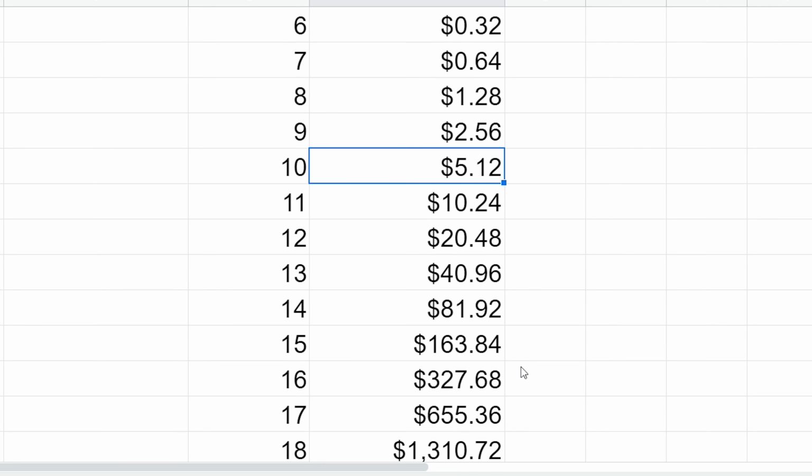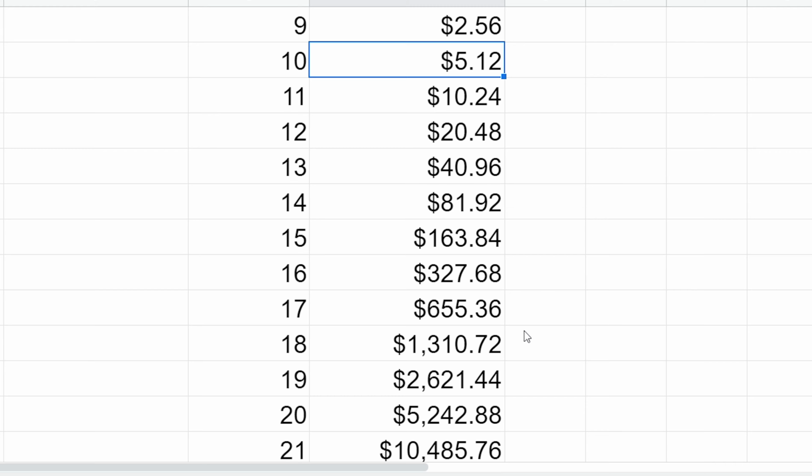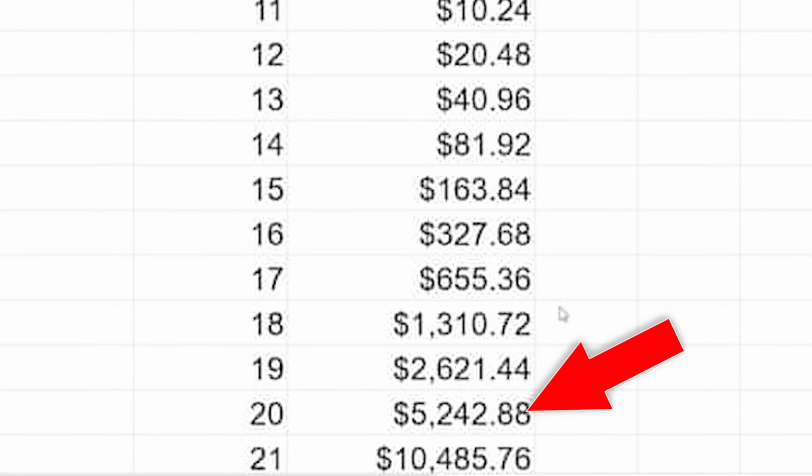Go to day 15, and we have $163.84. Now, there's not a whole lot you can do with $163.84, but when we're going down to day 20, we have $5,242.88. We're finally getting somewhere. Now, if we go to day 25, but before we do,